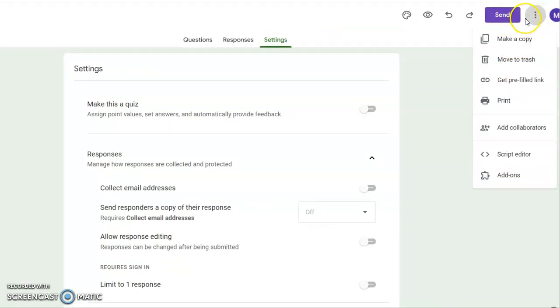Okay, up in this top right corner, you also have these 3 dots. You can make a copy of the form, so you have 2. You can delete it. You can get a link to send it to the students. You can print it out. You can add collaborators. You wouldn't necessarily need to do this, but if Mrs. Smith had a student teacher or something that she wanted to help on the exit ticket form, you could add